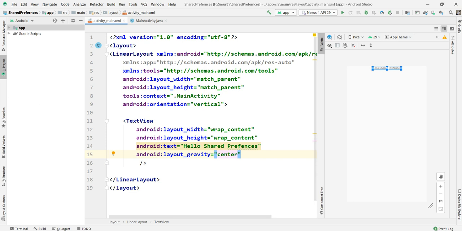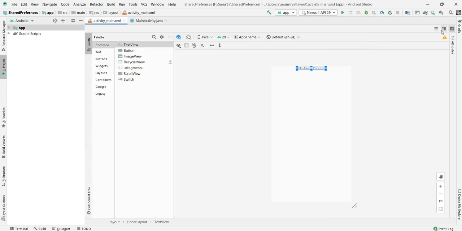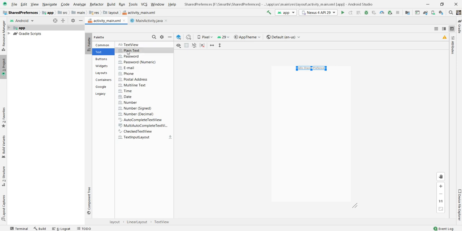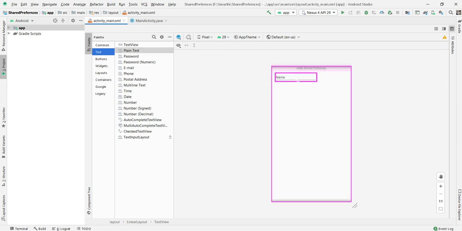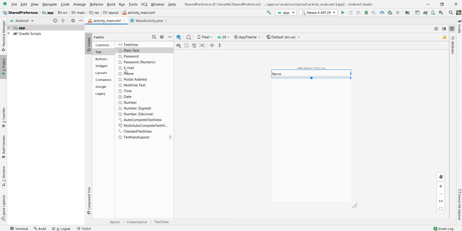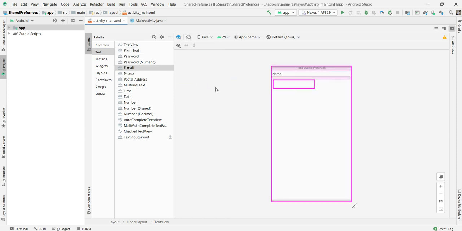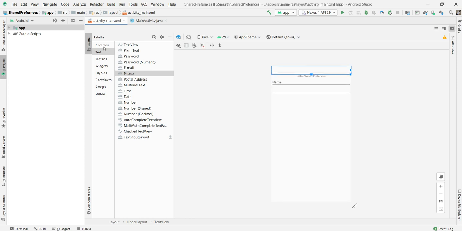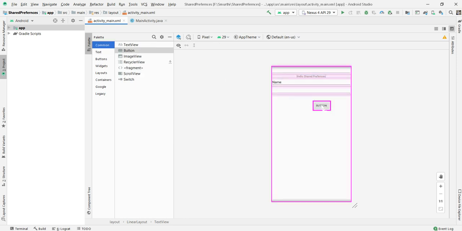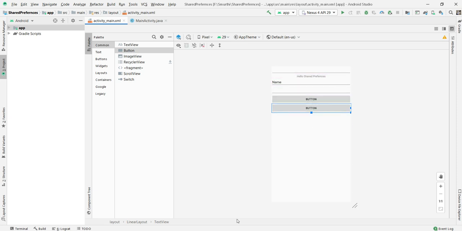Now I want to drag and drop a few parameters into this: one text view for name, one for mobile number, and one for email id, three parameters. I also need one button to save this data and one more button to check this data.